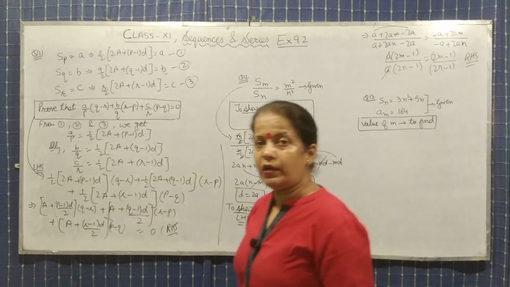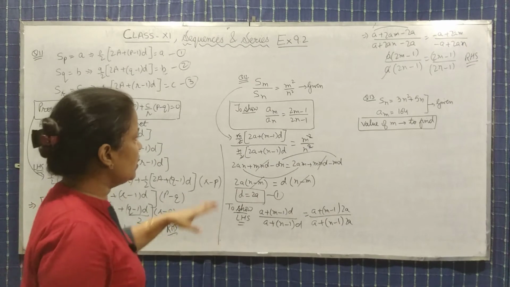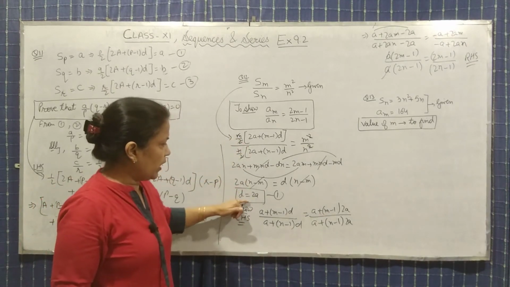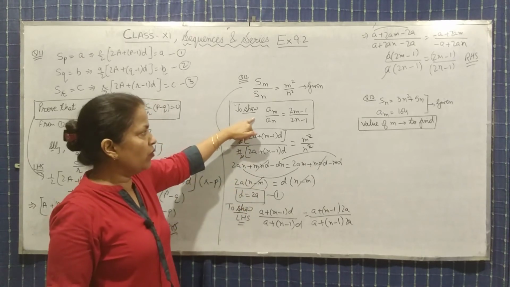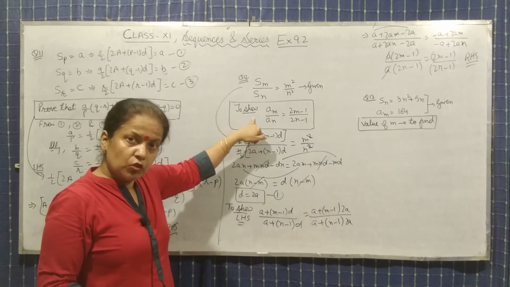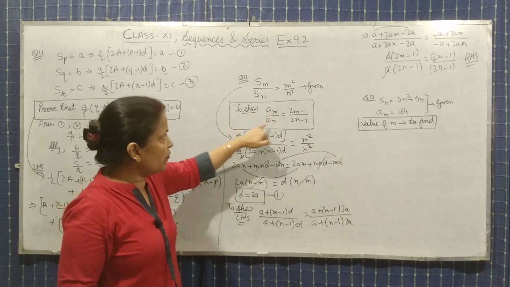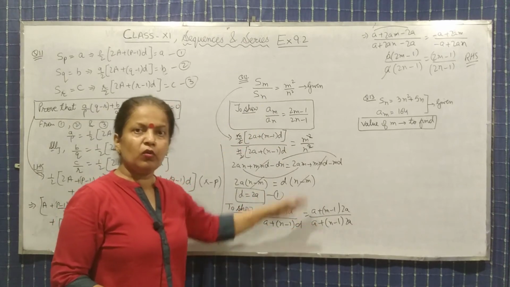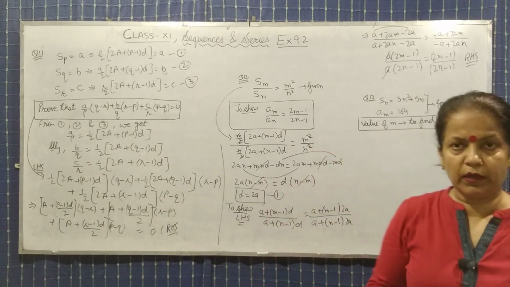So what we did, from the given part, we have solved it, and after solving it we have got one relation. This relation we will put in the to prove part, or the to show part. So instead of mth term and nth term, we will substitute its value, solve it further, you will get the answer. Clear?